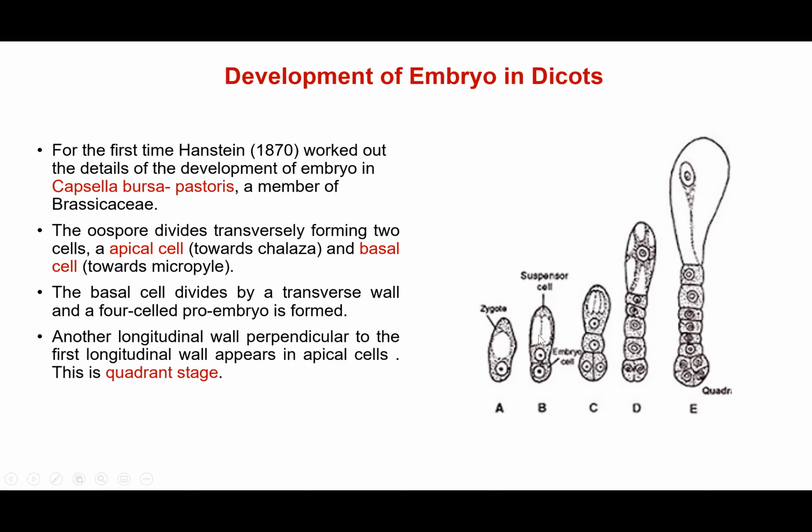The cell which is present at the top is not dividing, it is only increasing in size, as you can see. Only the cells which are present at the bottom are dividing. So after the four-celled proembryo stage, you have a stage in which you have four cells present at the bottom here and another four cells at the back. This stage is known as your quadrant stage. You just concentrate on the bottom now. The upper cells, we'll look at them later. So you have a zygote, a proembryo, and then a quadrant stage.